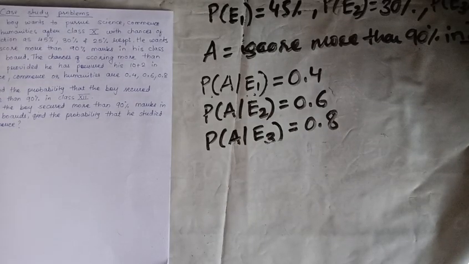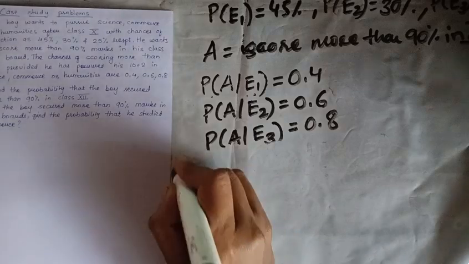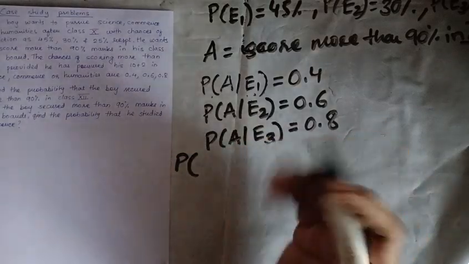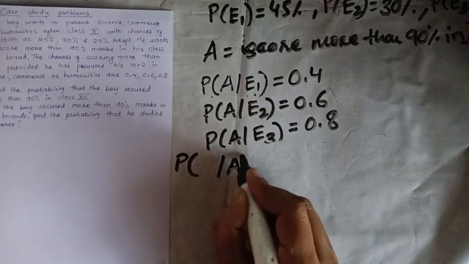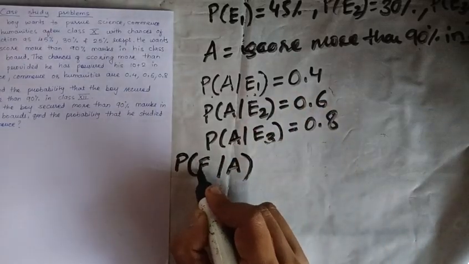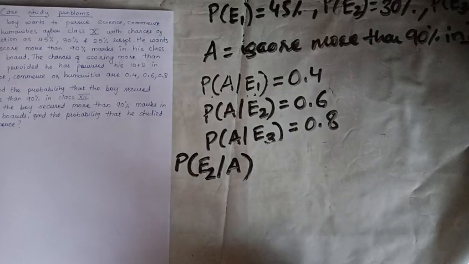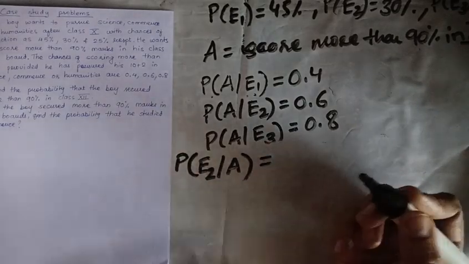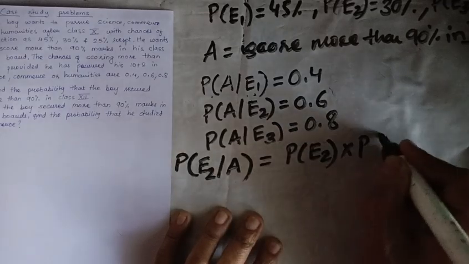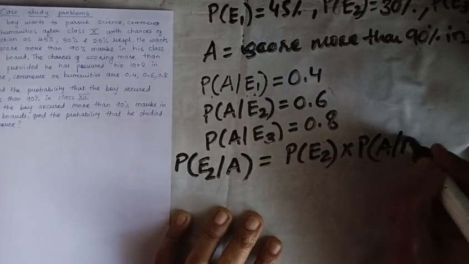Next question. If the boy secured more than 90% marks in his boards, find the probability that he studied commerce. So now here we have to apply Bayes theorem. That is, the boy has secured more than 90%. Condition is given. And he is from commerce. So E2 over A, we have to find. So this is P of E2 into P of A over E2